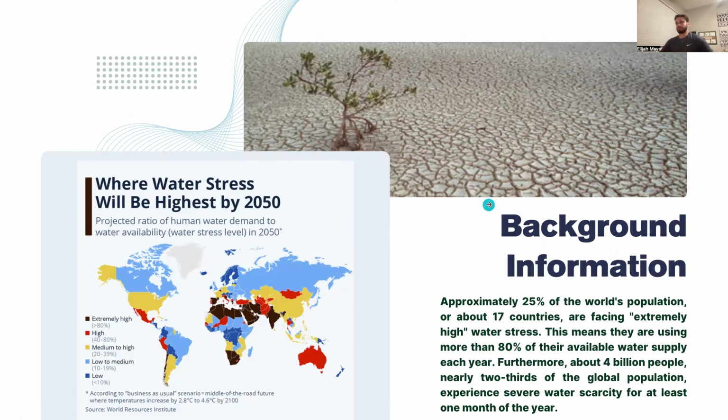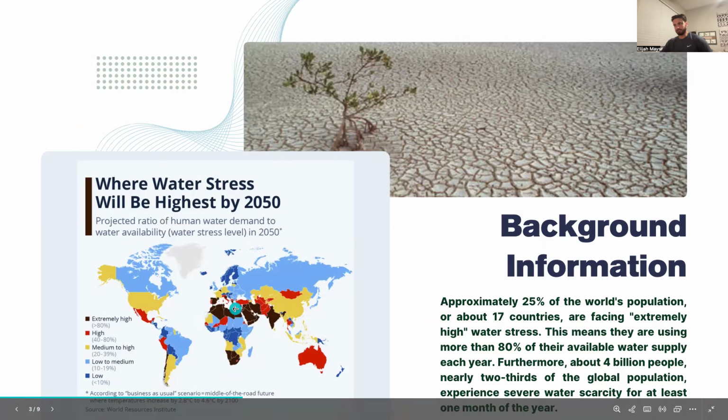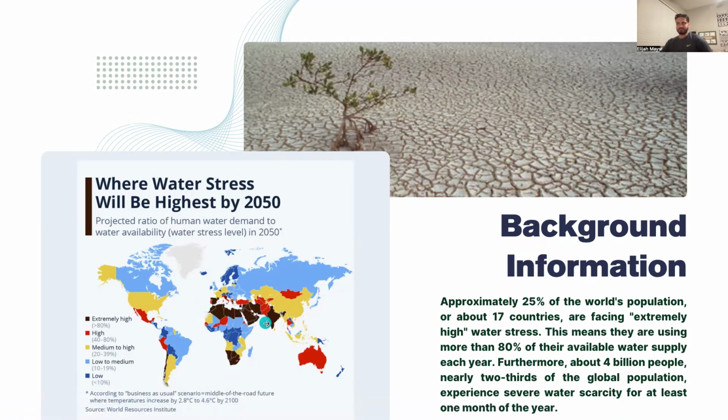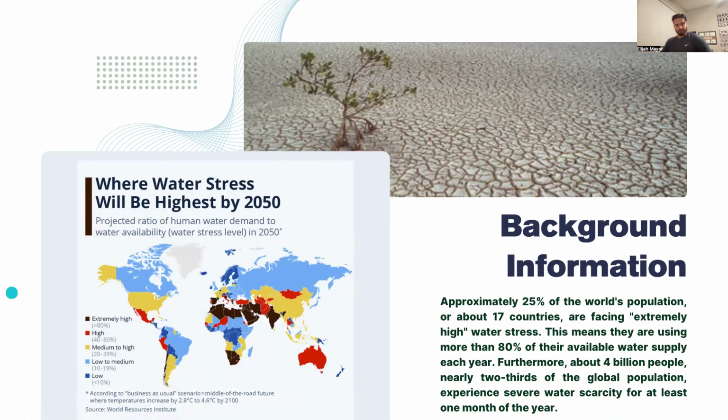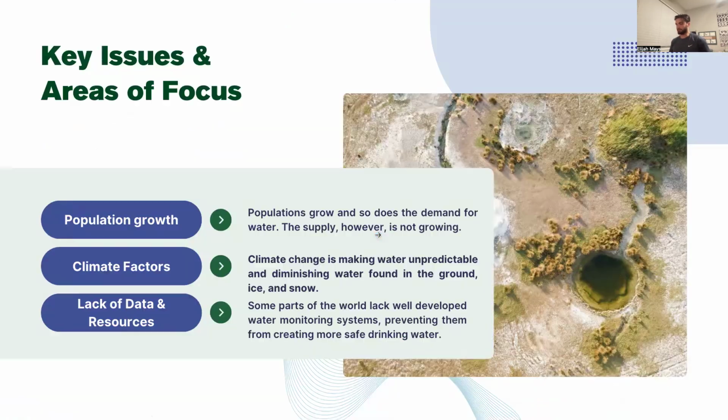As you see here, this graph right here shows those areas, mainly in Africa, and this is India right here. So very, very North Africa, very, very south. That's Chile right there, and then India and actually Spain as well. So you wouldn't think that, but they are. So that's our background info.